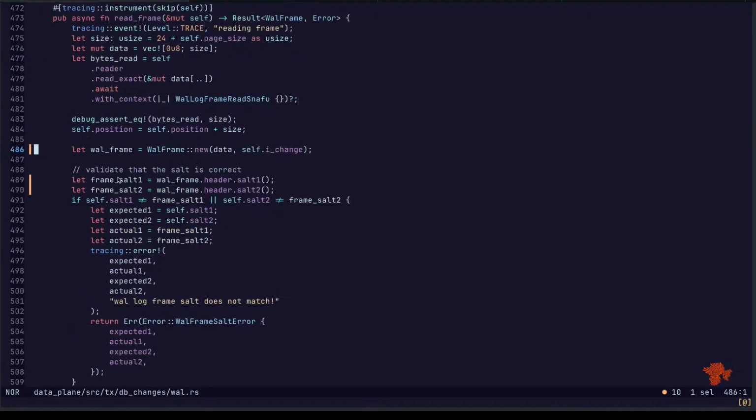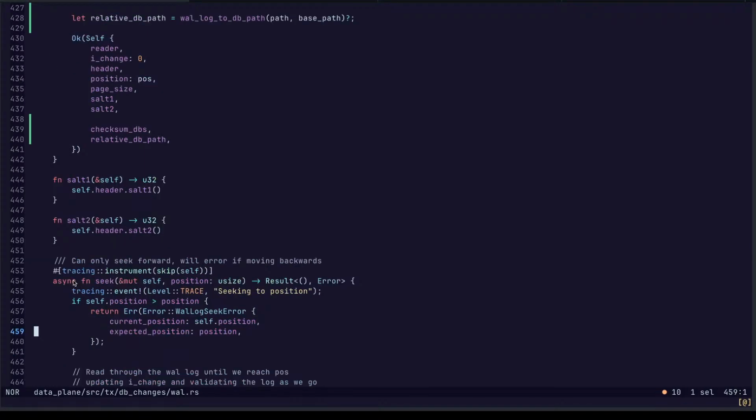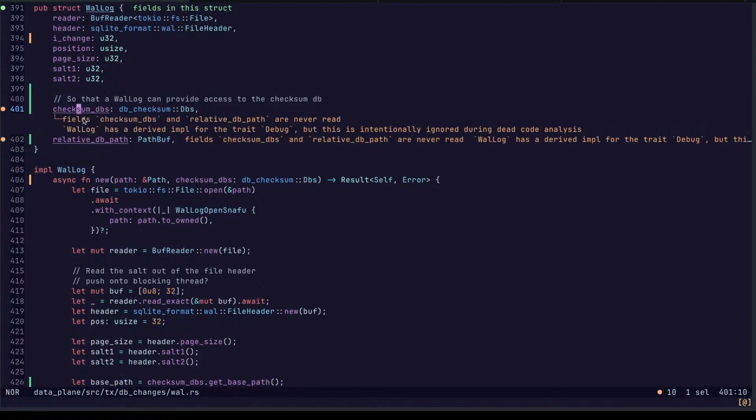I want a transaction reader that might use read frame. Borrows from this for a short period of time.